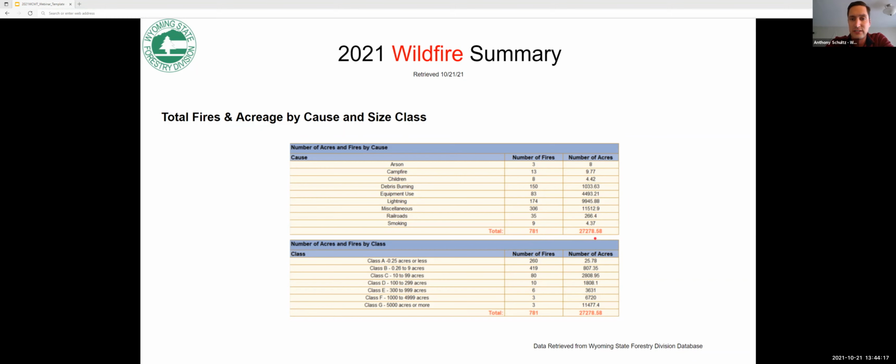Most of those fires are classified as miscellaneous, but it's just a fire department's way of saying we don't know what caused this. And because we're not mandated to investigate every fire start on state and private land, that doesn't happen unless that fire caused issue, right? And so most of our fires here in Wyoming were going to be human caused, either from debris burning, equipment use, railroad starts, we had a couple of those, and then smoking. Interestingly enough, smoking causes far fewer fires than one might think. It's more carbon black or chains dragging on the highway rather than someone kind of flicking a cigarette out the window. So that's our cause category for all fires in Wyoming and the acres attributed to them, with lightning causing 174 fires,